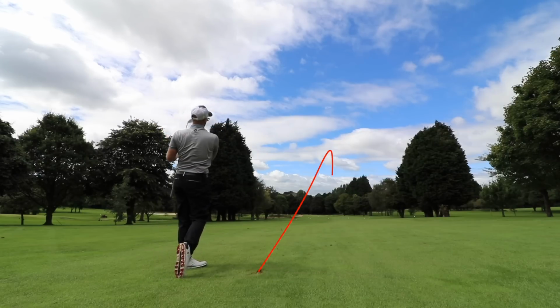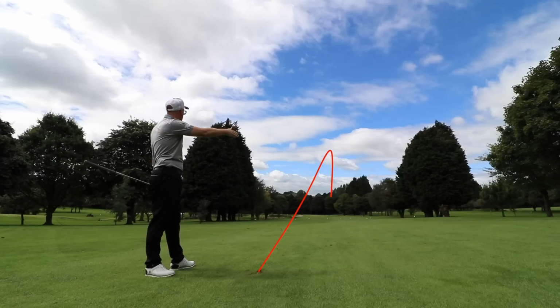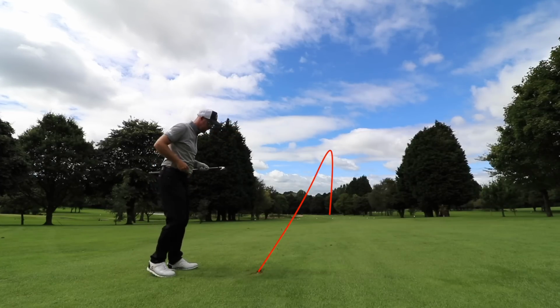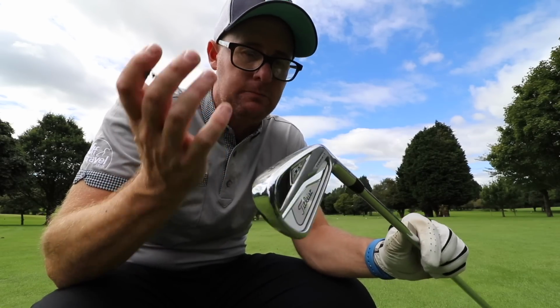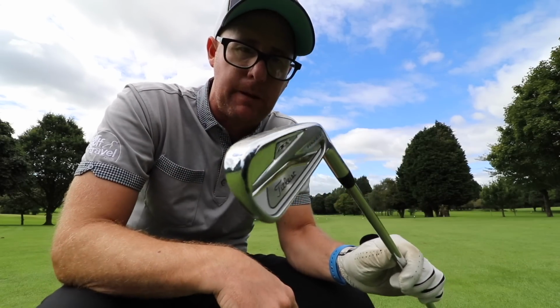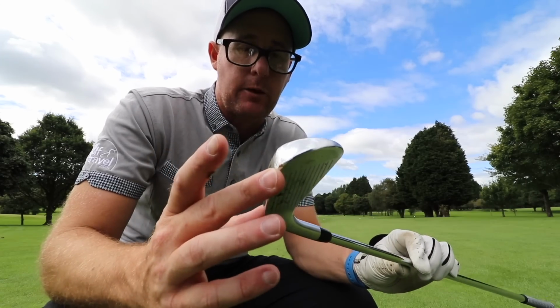I mean, that just feels lovely. So I've bailed as well, but I'm on the right of the green. So I'm always going to hope for a bit of a kick there, but I'll take that. Face, the sound, the feel, blooming lovely. I've always liked AP2, and I don't think there's many people who don't like AP2, even if they game it